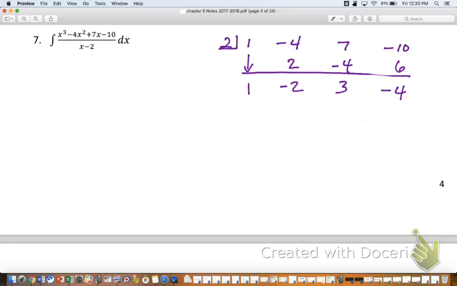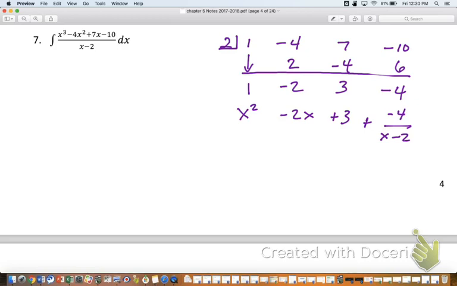So what we're going to do, we're going to reconstitute the polynomial. So if you guys remember, the original dividend was x cubed, and we divided by x. So what's going to be the degree of my quotient? X squared. Yep. So it's going to be 1x squared minus 2x plus 3. And then that remainder thing, we customarily write the remainder over the divisor. So I'm going to write plus -4 over x minus 2. I just kind of rebuilt my polynomial from my